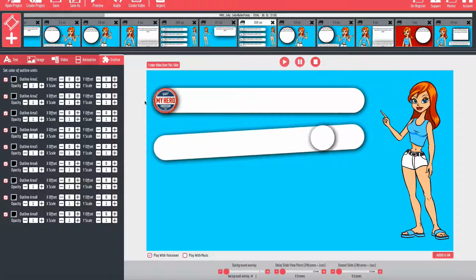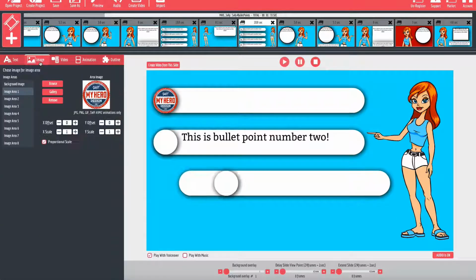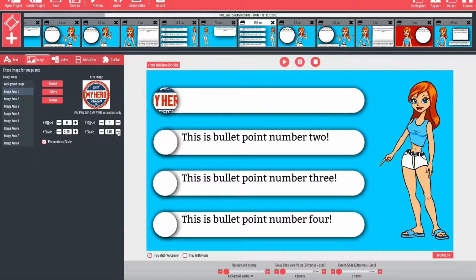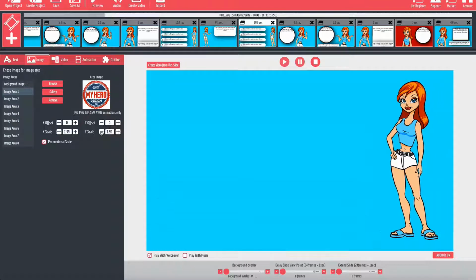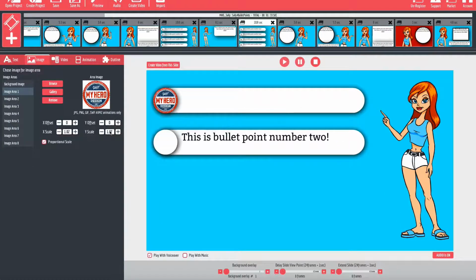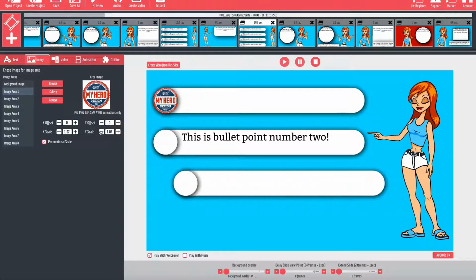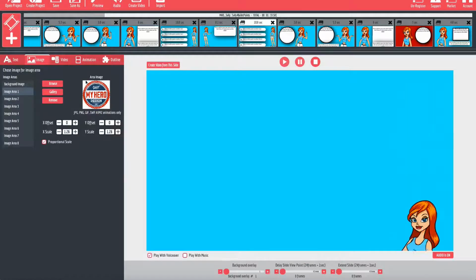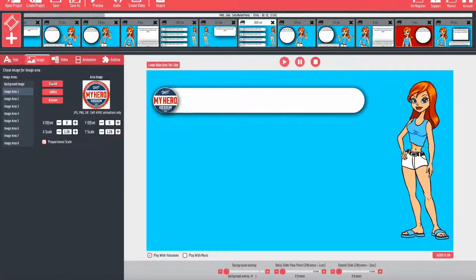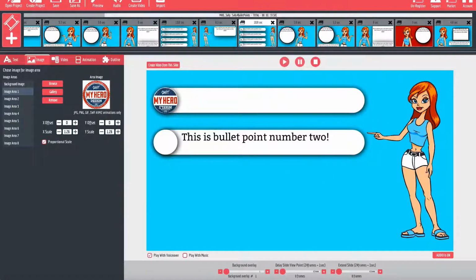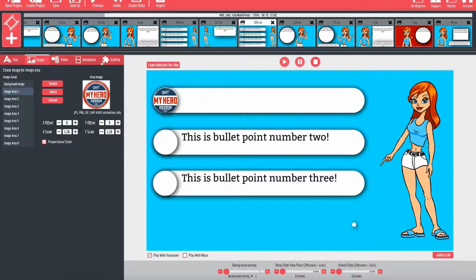The other option is I can keep that shape, and if I increase the size of this image, you'll see that it stays within the circle. So that's really great. And what this is made for, and this image is a little off because of the ragged border, so it's not really a perfect circle. But if I were to go into our collection and we provide this for you, actually, first of all, that looks really cool. I like that. Second of all,